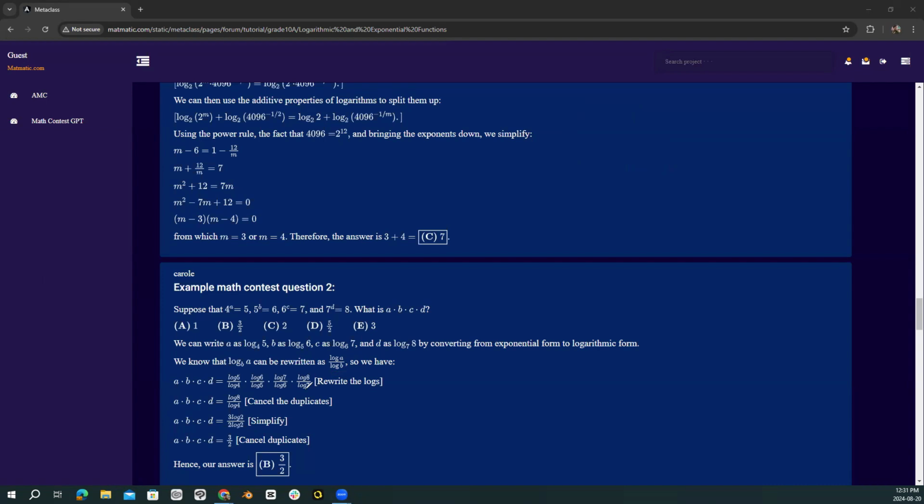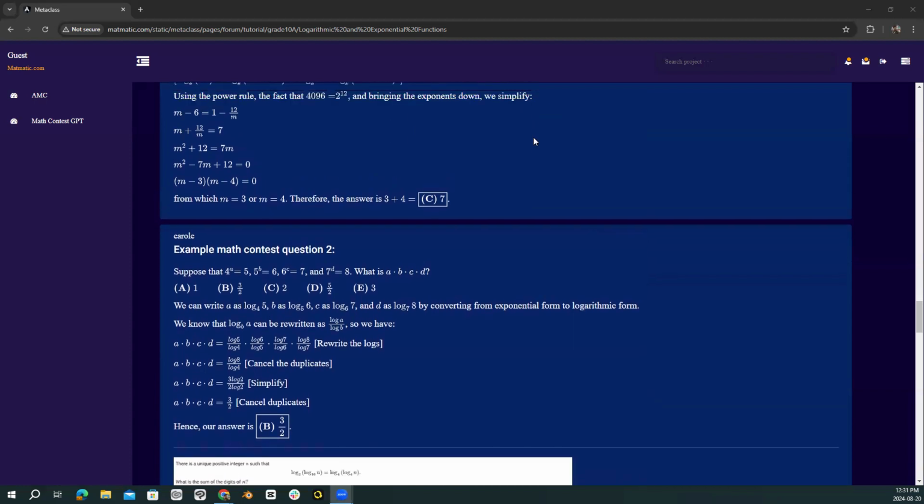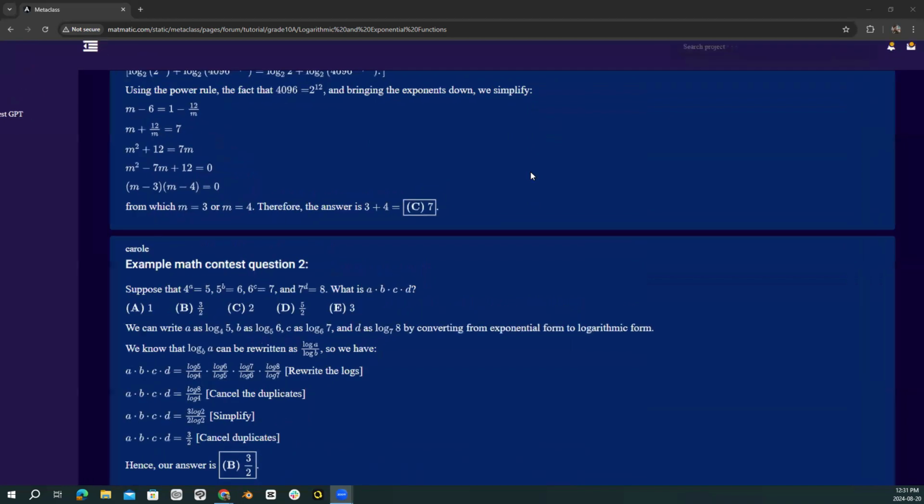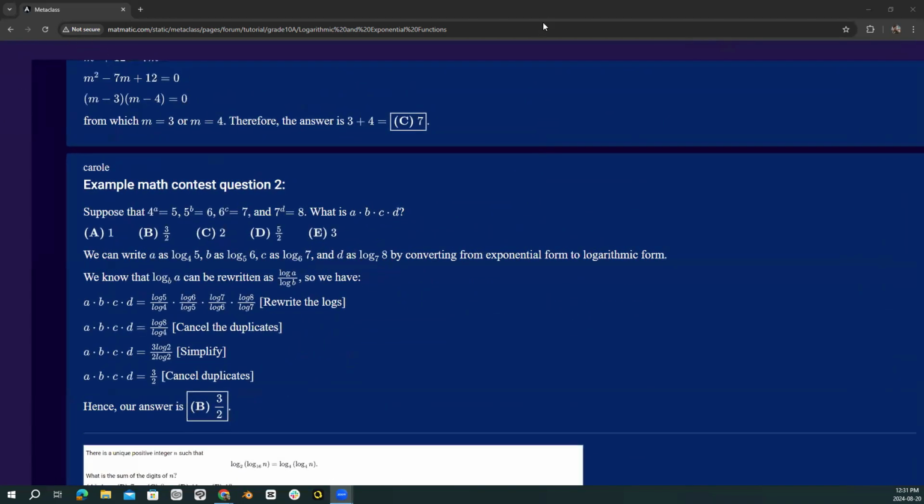So we can rewrite all of the logs into the change of base formula and multiply them together. Essentially, we would have A times B times C times D equal to